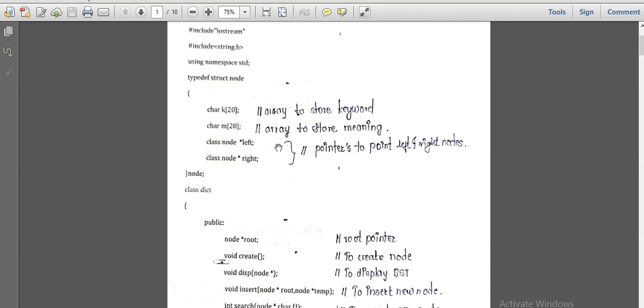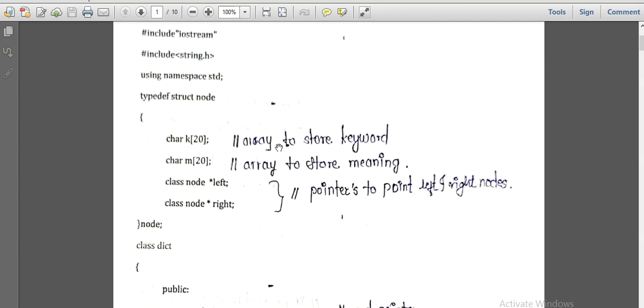Now what is the requirement for the linked list? We need to create a node, right? First we have to create the node. So how are we going to create the node for any particular node of the tree?